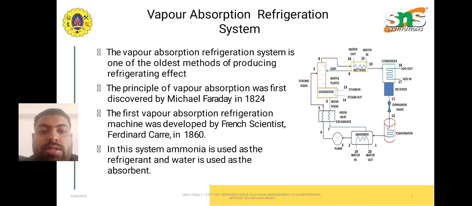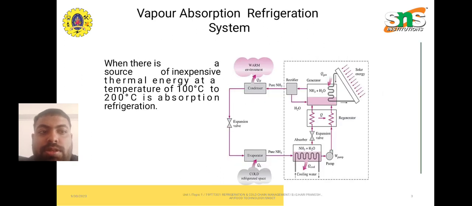Here you can see the diagram of the vapor absorption refrigeration system. When there is a source of inexpensive thermal energy at a temperature of 100 degrees Celsius to 200 degrees Celsius, absorption refrigeration is used. Here, when we discuss the working, it works as a normal refrigeration system, but it has additional components